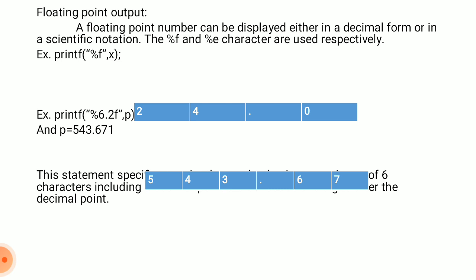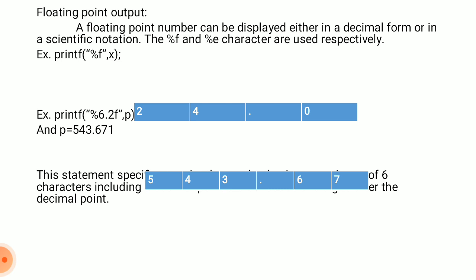%6.2f and p. In %6.2f, 6 is the field width, as we have seen in the integer part. So 6 is the total field width. And .2f means after the decimal point only 2 digits will be printed. It may be any number of digits, but after the decimal point, whatever value you mention, only that many digits it will consider and print. For example, p is equal to, p means what? It is the variable which you are going to print. P is equal to